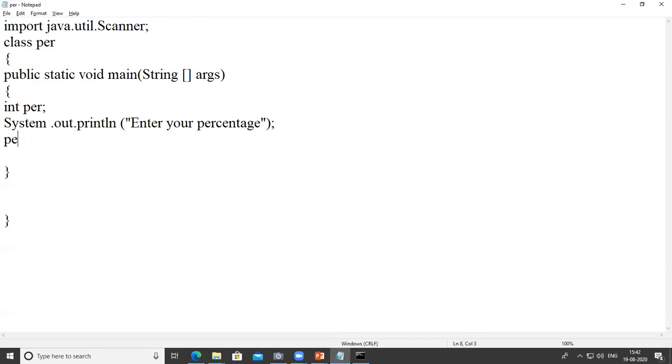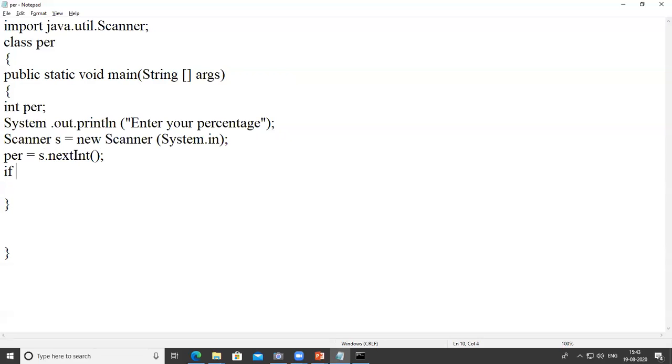Before that we have to create an object of Scanner. So Scanner s is equal to new Scanner(System.in); semicolon. Then per is equal to s.nextInt.